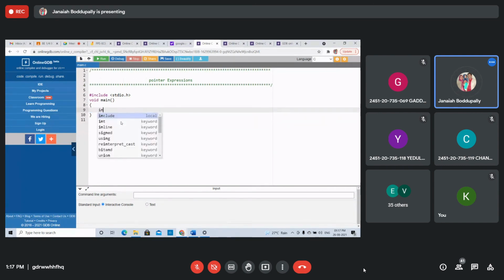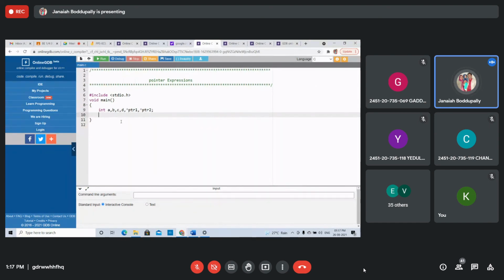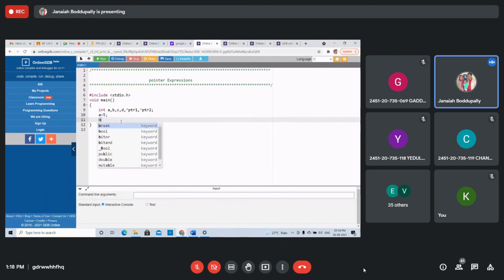int a, b, c, d, *ptr1, *ptr2. Declare pointer variables also. Now assign the values: a equal to 5, b equals to 10.